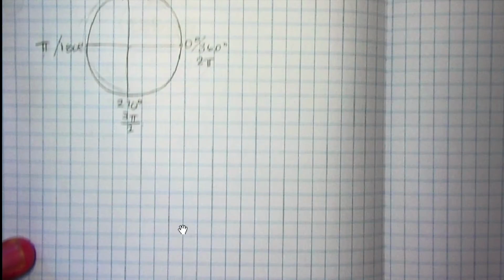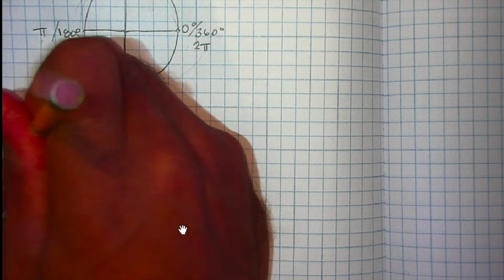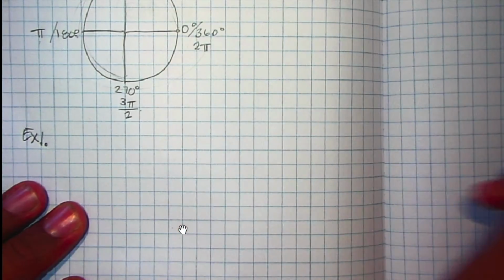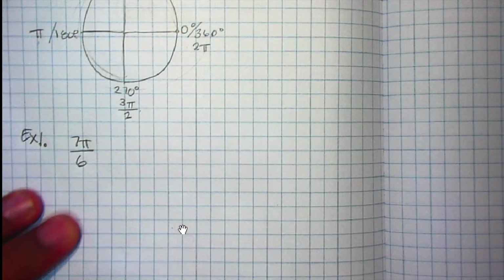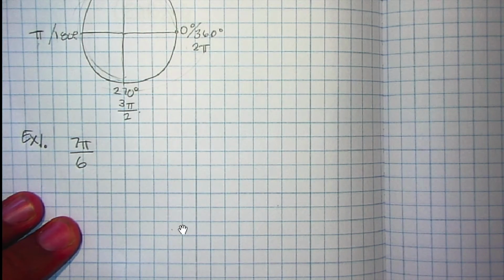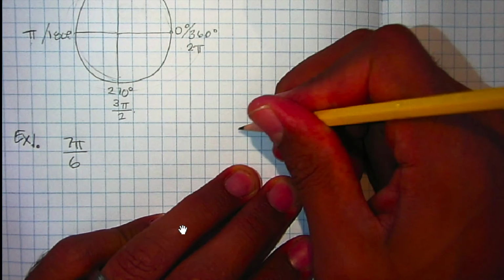And then what I'm going to show you guys is how to convert from radians to degrees and from degrees to radians. Okay? All right, so the first example I'm going to give you is example number 1. We have 7 pi over 6. So that's radians. So we're going to change this and convert it to degrees. All right, so we have this conversion. And if we're going to convert